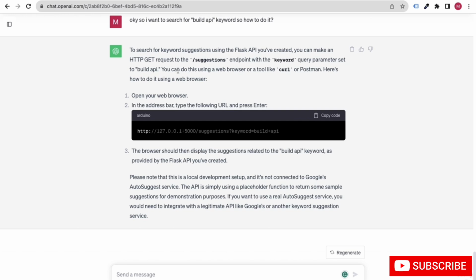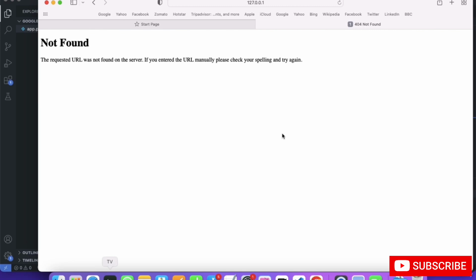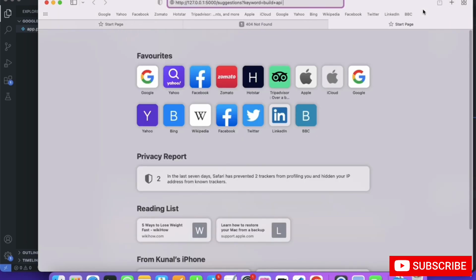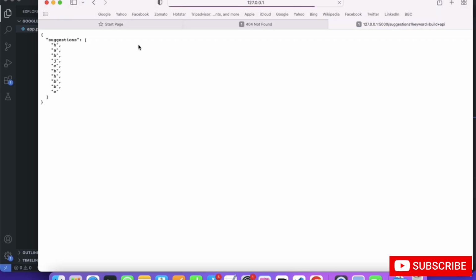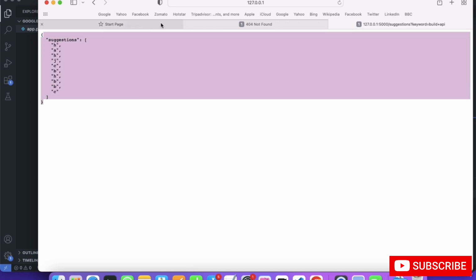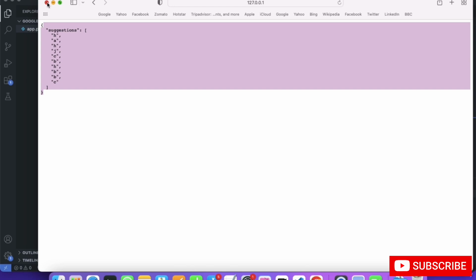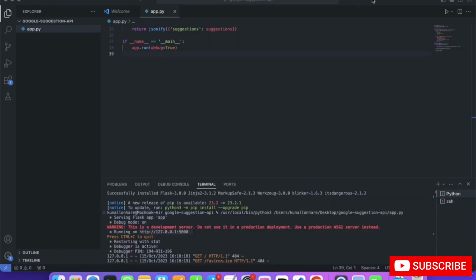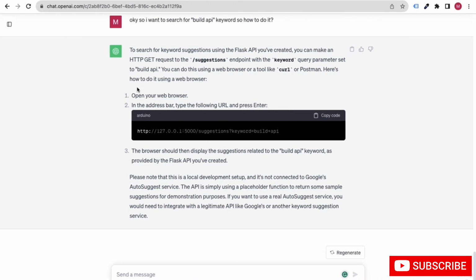So in this way, my friends, you can paste this in any of your web browsers, maybe Firefox, Chrome, or let's say if I just open the Safari browser and run it, it is still working. That means we are doing great and our API is 100% working. It's just that we have not connected it with the real Google API. Okay, but the rest of everything is working and it's good to go.